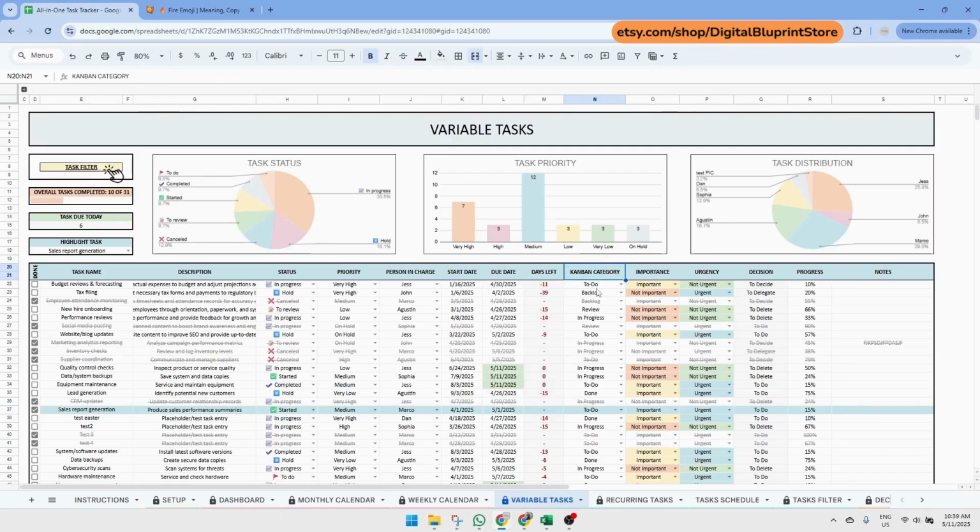Next, you can indicate whether the task is important and/or urgent. Based on your selections, the spreadsheet will automatically categorize the task as a do, delegate, delete, or decide using the Eisenhower matrix framework. Then you could set the progress, and there's also a designated area for notes if needed. Upon completing a task, you can mark it by checking the checkbox on the left side of the table, resulting